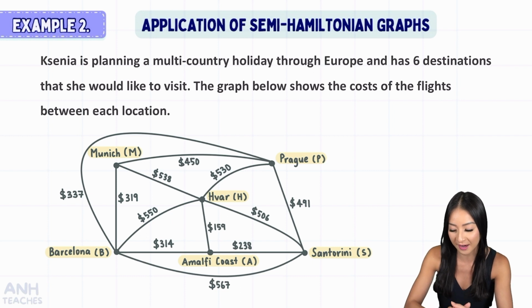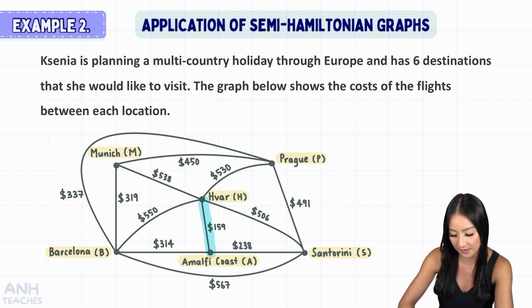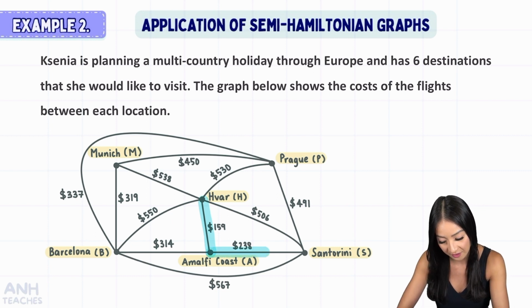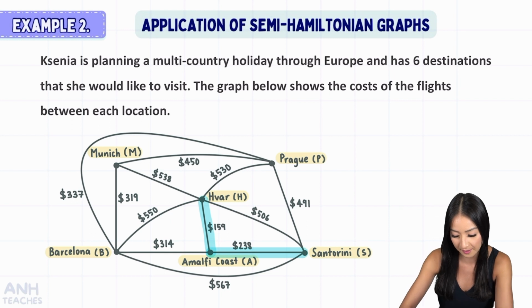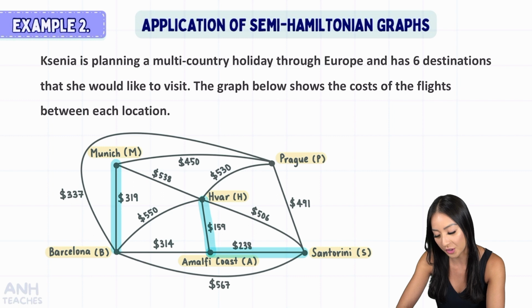So I have the graph back on the screen here, and what I'm going to do is look at the overall graph and try and highlight some of the cheapest flights, and I'm going to try and include those in my Hamiltonian path. So the cheapest flight overall is this one here from Hvar to the Amalfi Coast. The next cheapest is this $238 flight from the Amalfi Coast to Santorini. The next cheapest is actually this one from Amalfi Coast to Barcelona, but that won't help me find my Hamiltonian path. I'm going to highlight this one here from Munich to Barcelona,